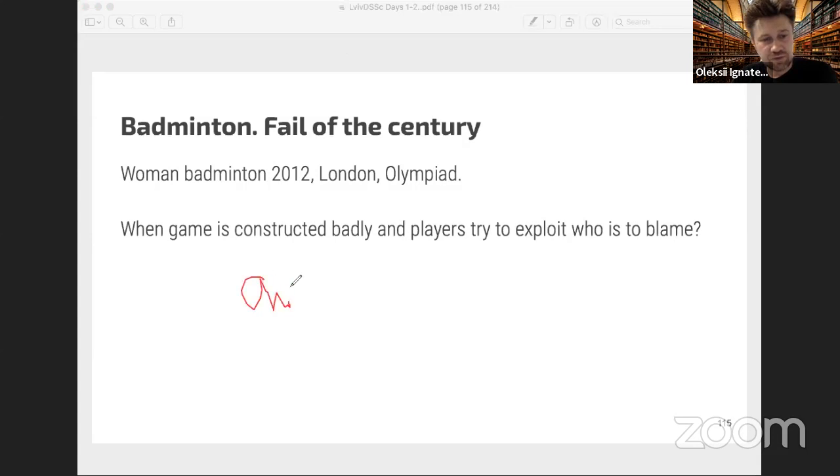I think it was China and Korea teams, and they need to lose to get a better match in the next round. Well, because if China here wins in this situation, they will face their other team, so they reduce the chances to win a medal. And if Korea loses in this game, they will